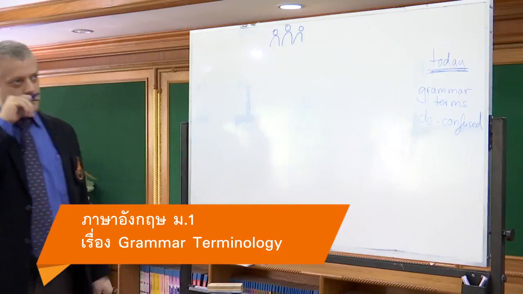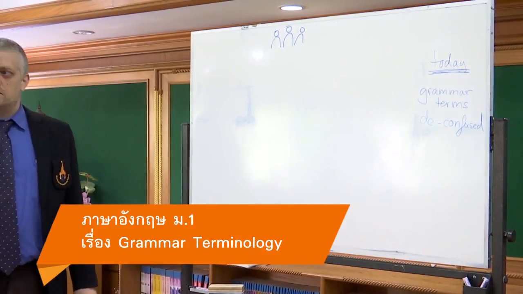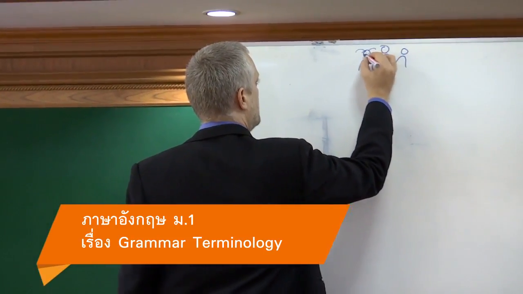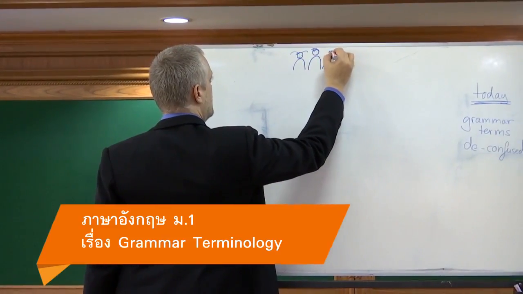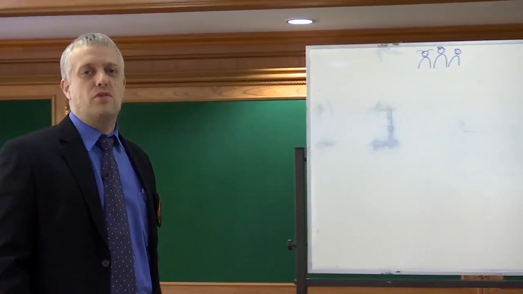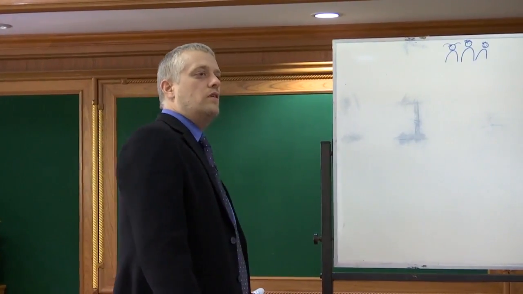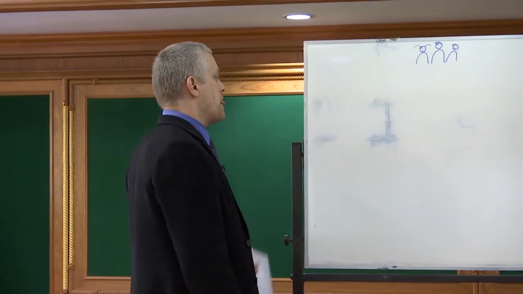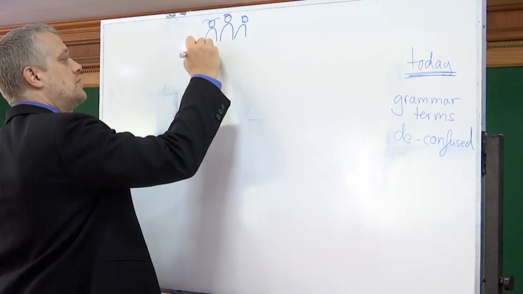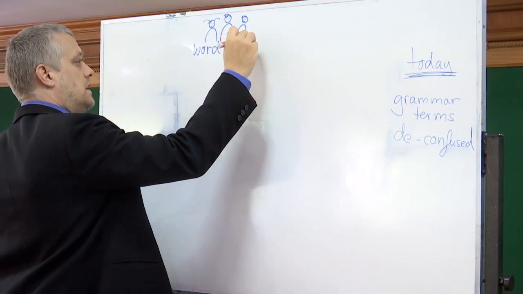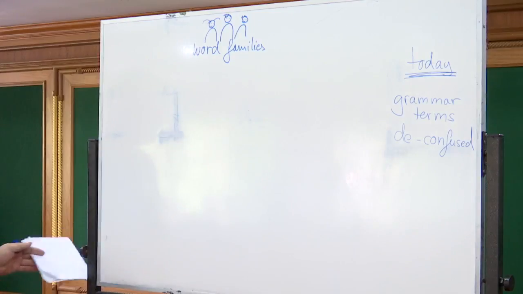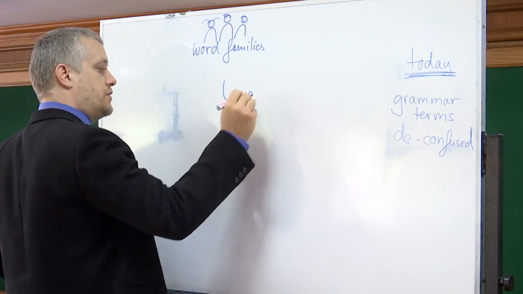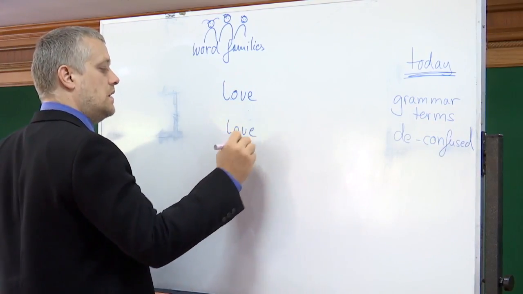so I have this little picture for you. What is that? Three people making it a family. Okay, a symbol for family. We all live in families, or some family brought us to the world. So there are also word families. So love is maybe not the best example, but